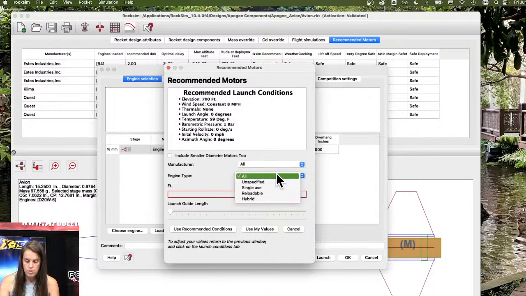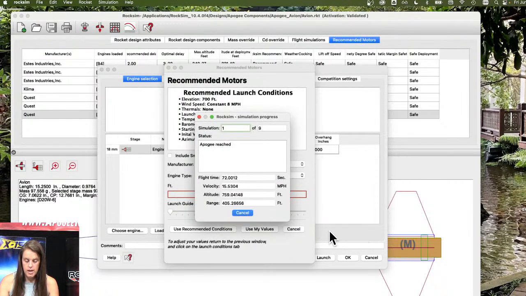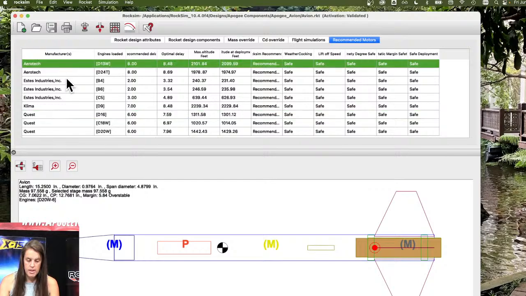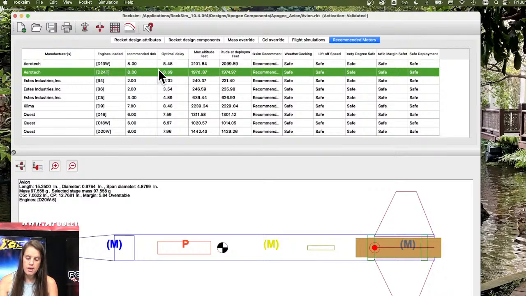But if we run all the engines and do that, there will be some Aerotech motors in here. And Aerotech has both single use and reload. So that's where you run into the problem of, is this a single use? Is this a reload? In this case, in 18 millimeter, they're all reloads. So that just happens to be the case. But if you run a 24 millimeter or 29 millimeter, you're going to run into single use and